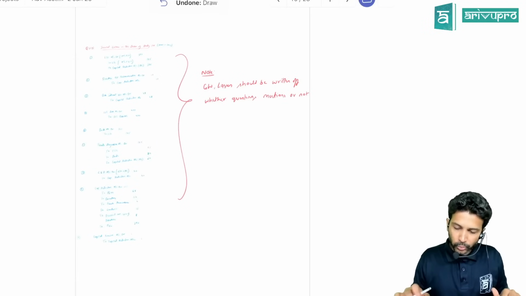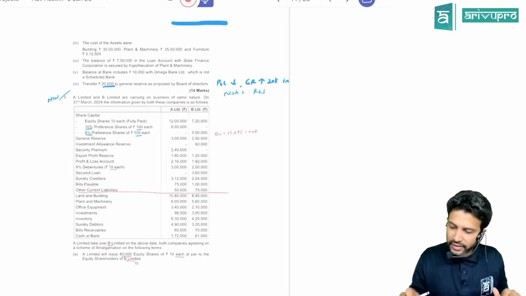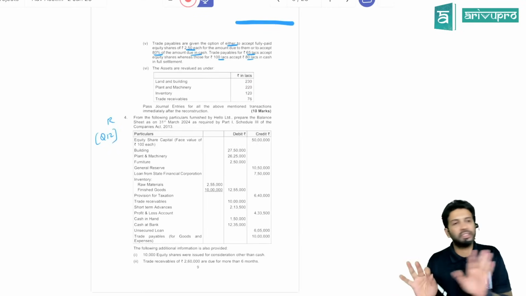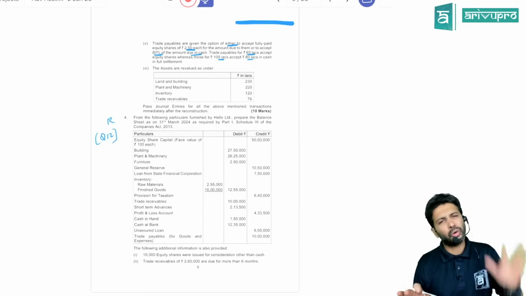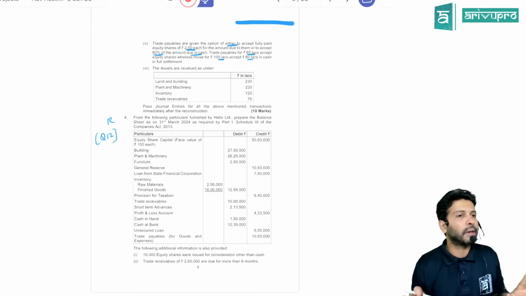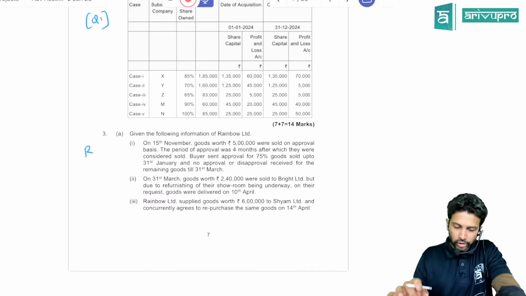4 is a repetitive one. Okay. Then 5 is a new question. So totally we'll have to do 2 new questions, you could say, that have come from this MTP. Rest everything is around the same concept, or mostly study material question copy paste they've done in this particular MTP. Okay. So alright. So we will take up